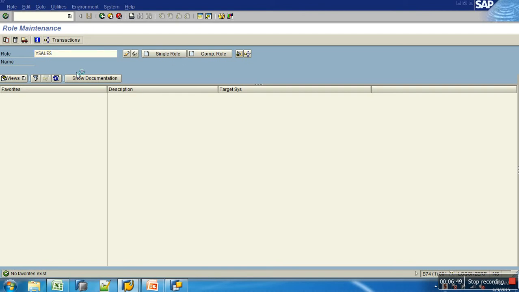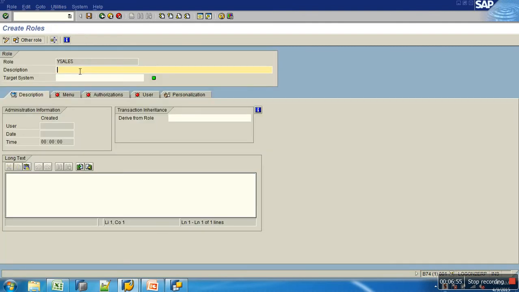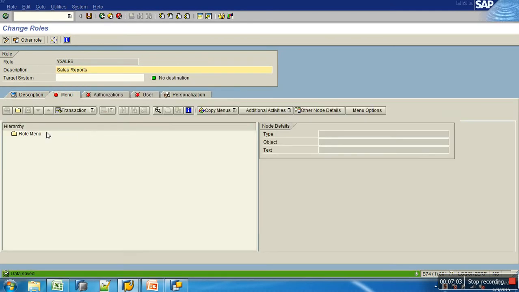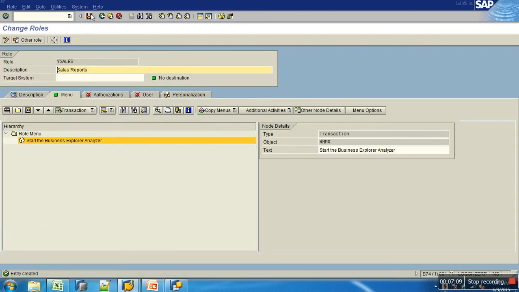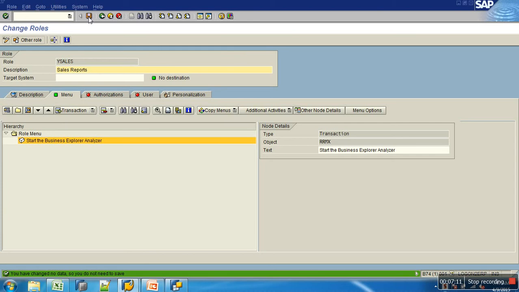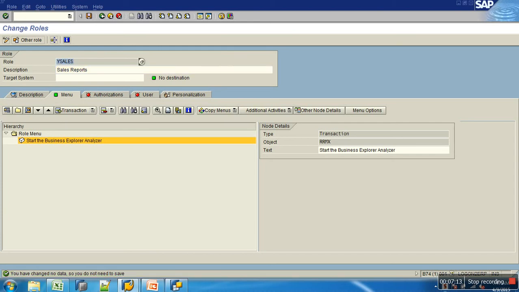Create. I'm creating just a simple role, sales reports, and just assign only one thing: the transaction RRMX, which indicates that this is a BEx relevant role. Nothing else. Saved.